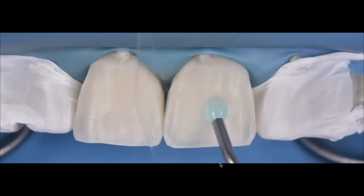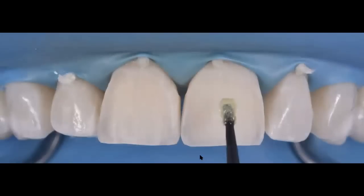One thing that I do want to mention is because I was in the need of removing a previous restoration, all this is enamel, but this is an enamel that has been touched by a burr. I know that I have to etch less time. I don't need as much etching time as I would need if this was virgin or uncut enamel. So this is why we're doing a 15-second total etch technique on all that enamel. And once you do that, you rinse, you bone dry, and now I'm ready to apply my universal dental adhesive